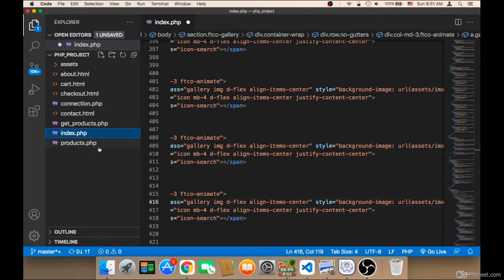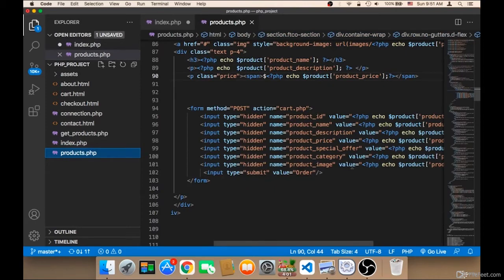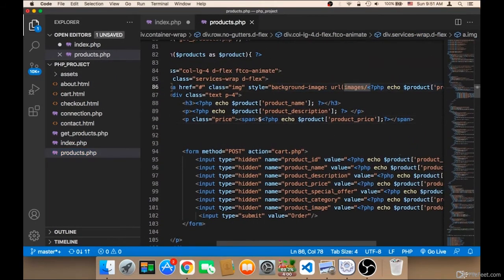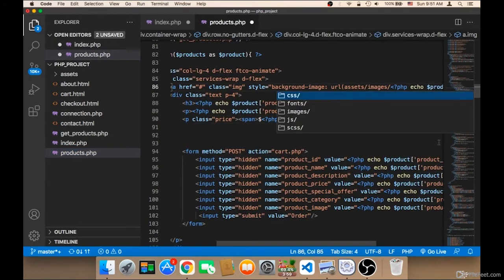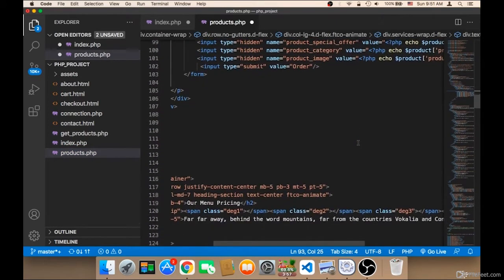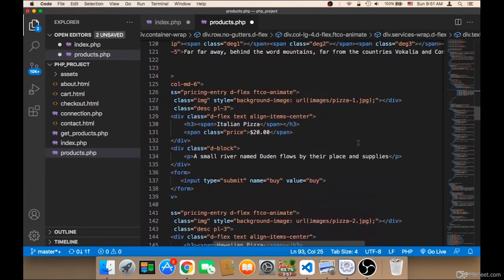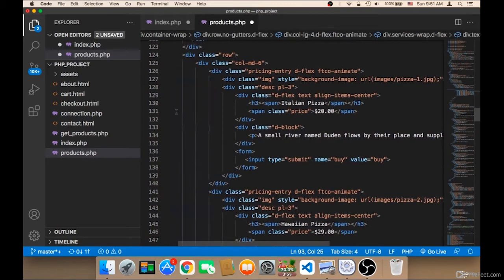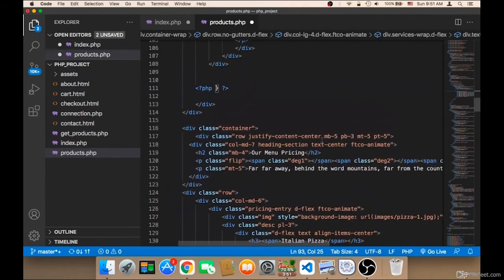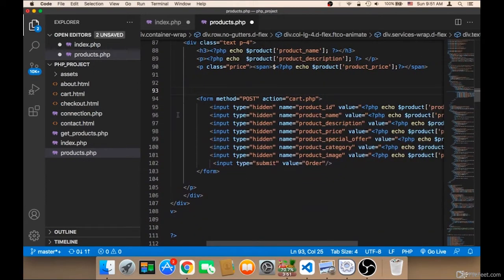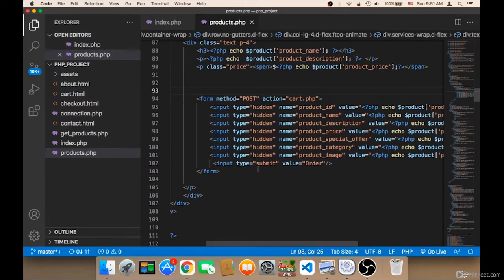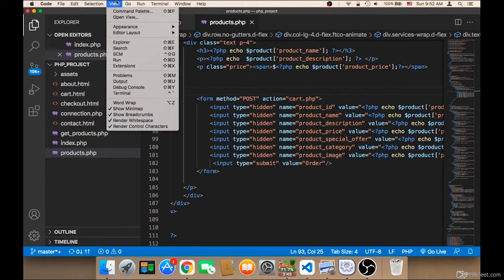Also in the products, let me open the products and make sure that the URL is assets. For example, here we need to say assets first, assets, and then /images, and we are done. We have these, but these are hard-coded. We shouldn't worry about the hard-coded images because we will get the data from the database here, and we are done. Let me save and let me open the terminal,